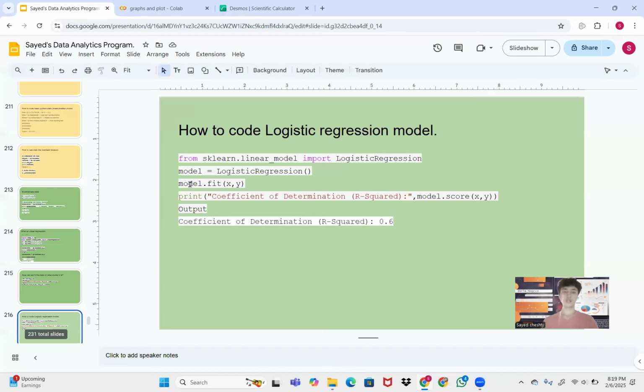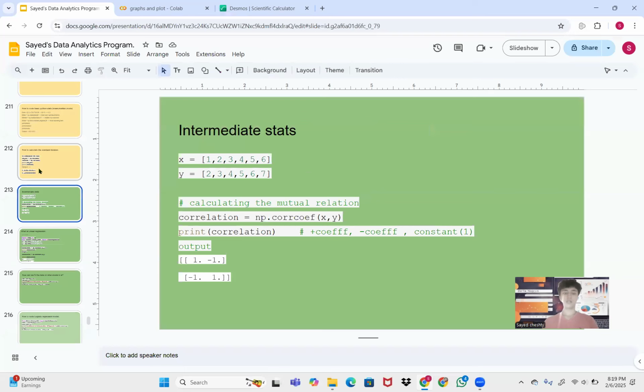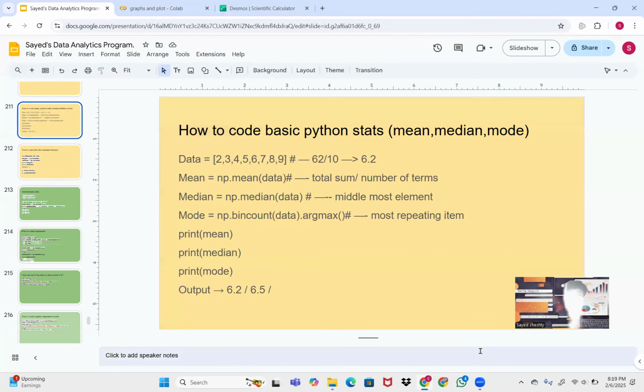What is intermediate stats and what is basic Python stats. I hope you guys understand this and do some coding, coding with me,